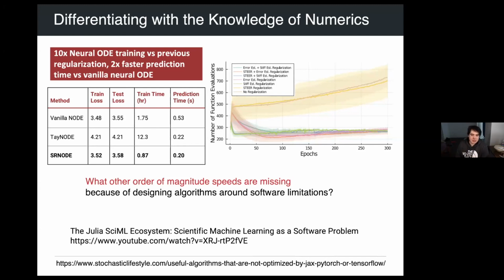But I think the most interesting thing about this process is that it requires differentiating through the differential equation solver. It is essentially non-quasi-static code, which means you would have to disable all JAX optimizations, you'd have to disable TorchScript, and TensorFlow XLA would not accept it. You'd have to use TensorFlow Eager, which we all know is a lot slower, right? So this is an algorithm that requires new software. And so this leaves an open question: what orders of magnitude of algorithm improvements are we leaving behind just because of our software implementations? And what will a new generation of differentiable programming enable for us? All the links for all those things can be found here, and I'll throw it right back to Lorenz.